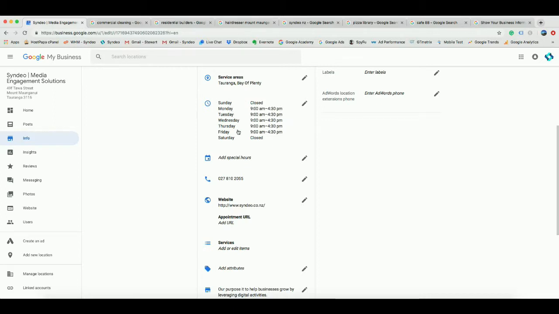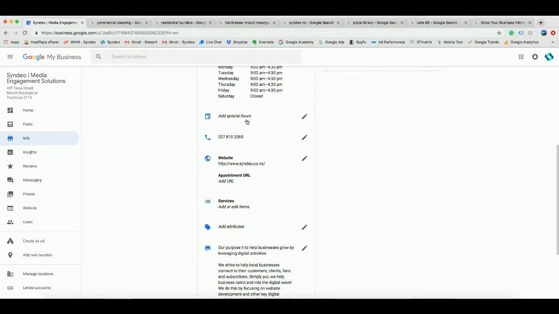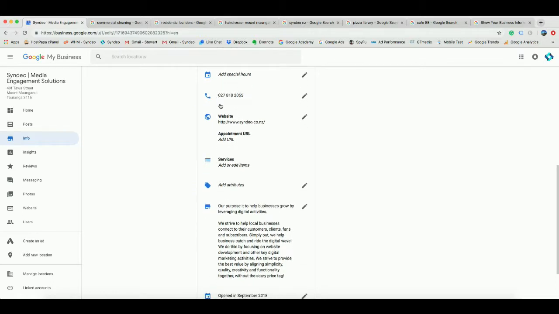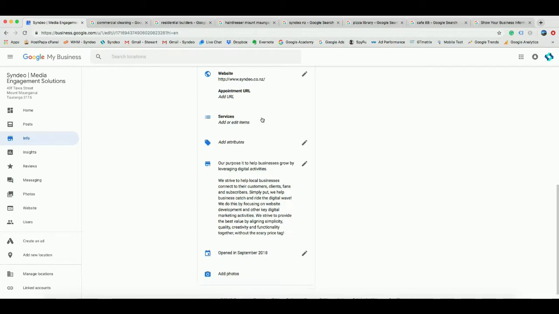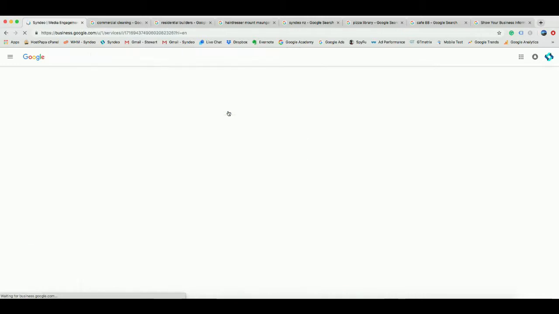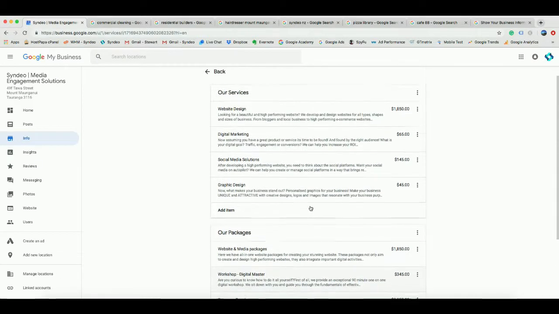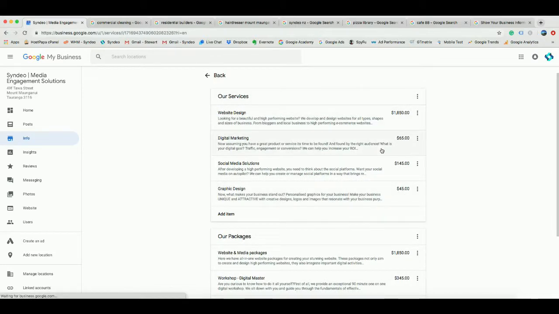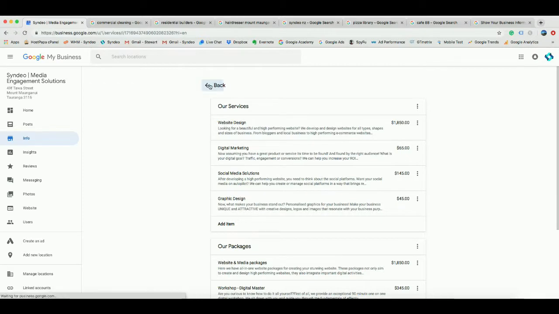Then you want to write in your times of operation, if you have any special hours, your phone number, your business address, add any services that you might have. For example, if I click services here, it's going to pop over to the services of this business: web design, digital marketing, social media solutions. Now if we go back,